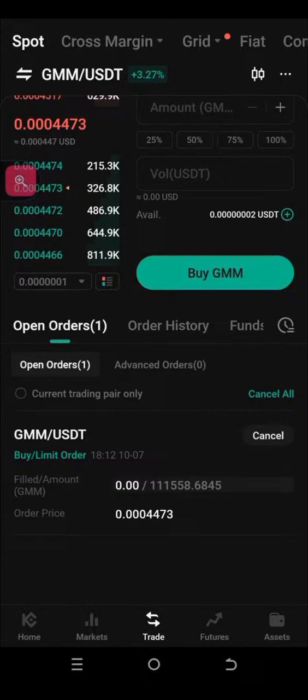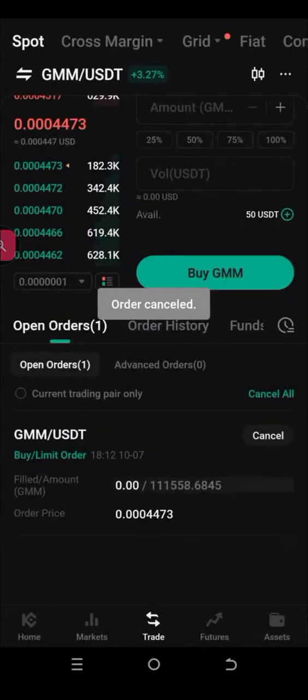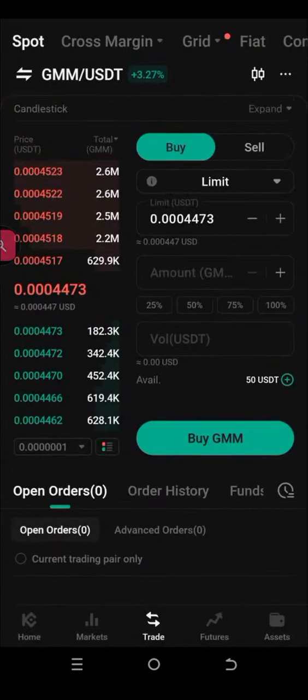So if we don't want to be in the queue, what are we going to do? Now look at it. Look at where we are. So if we don't want to be in the queue, we need to cancel that and pick a higher price. Like I say, you must always pick a higher price if you want this to sell quickly. So if I pick this other higher price here, let me put this magnifier by the side. So if I pick this higher price,